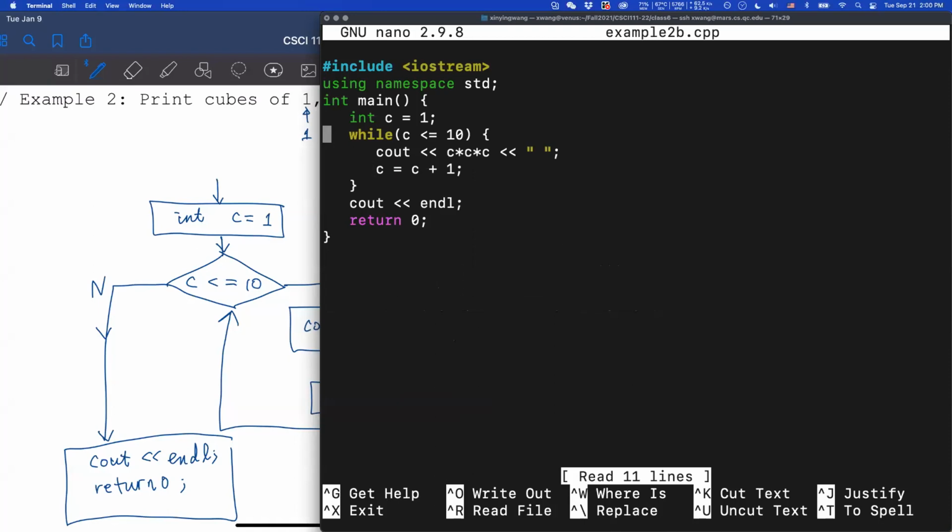Instead of printing the cubes from 1 to 10, I want to print from 101 till 111. Then you can have your counter start at 101 and end at 111.